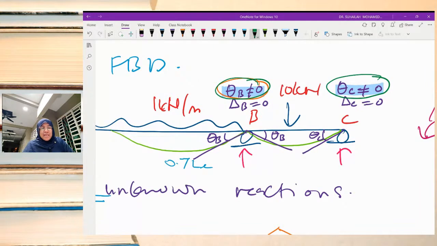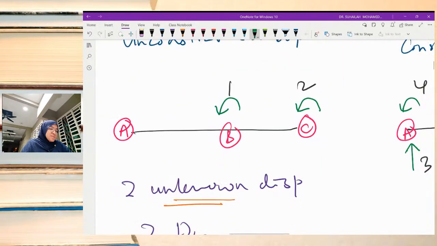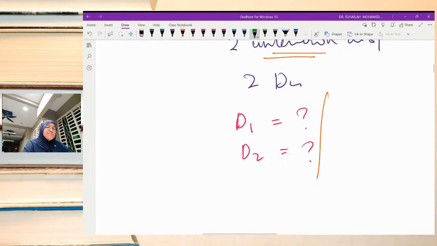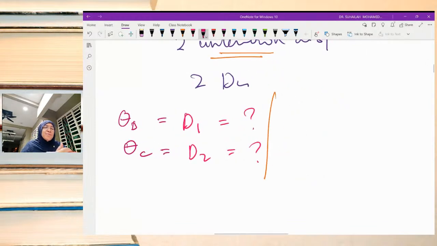Theta at B is not equal to 0. Theta at C is not equal to 0. So D1, based on the label that I use, is theta at B and D2 is theta at C. Okay, and at the same position,